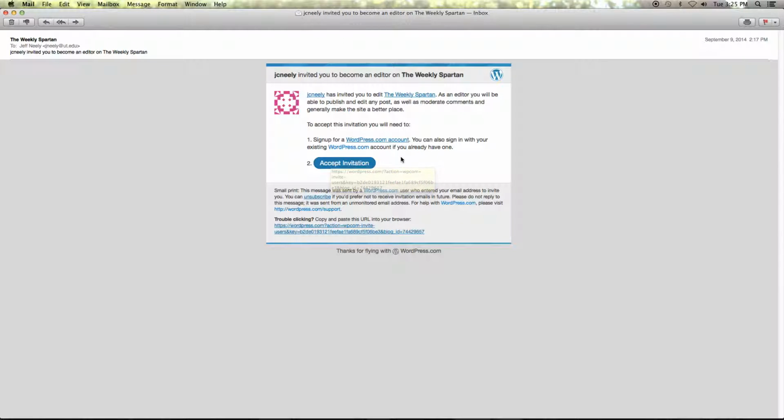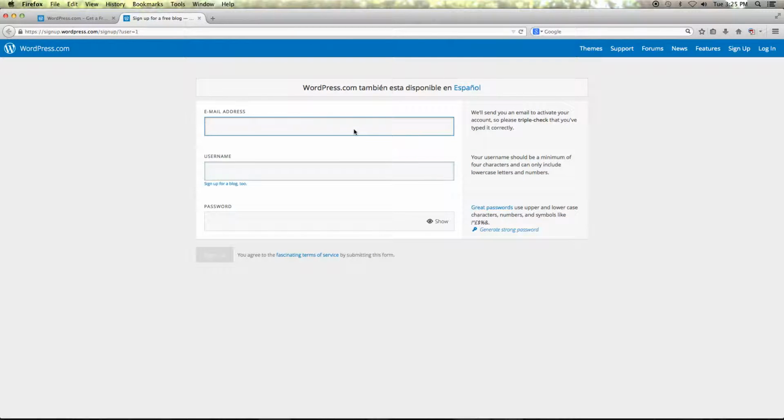Now, if you already have a WordPress.com account, you can use that. If you don't, you'll have to sign up for one. I will click on this just to show you where it will take you in case you say sign up for an account. It'll bring you to this page. You can see you just use a username, a password, and then an email address associated with this account. And that'll get you what you need, and you can accept the invitation and go ahead and get started